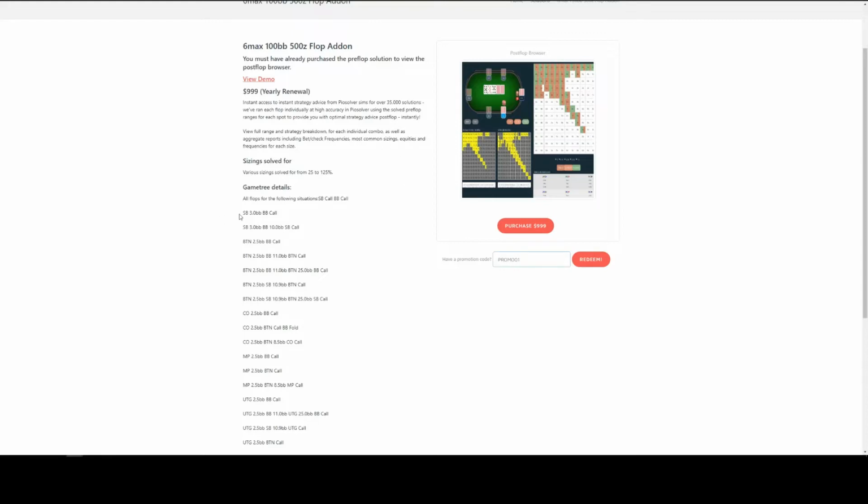So for example, here we've got small blind raise versus big blind call, and for this scenario we've got the pre-flop ranges that are available from Range Converter. You see those, and that's been solved for all possible flops. So each one's got 1,755 strategically different flops solved for. So okay, let's have a look. Go back to the browser.